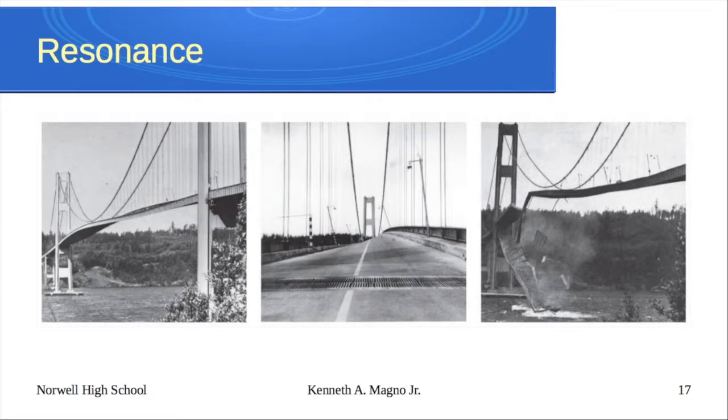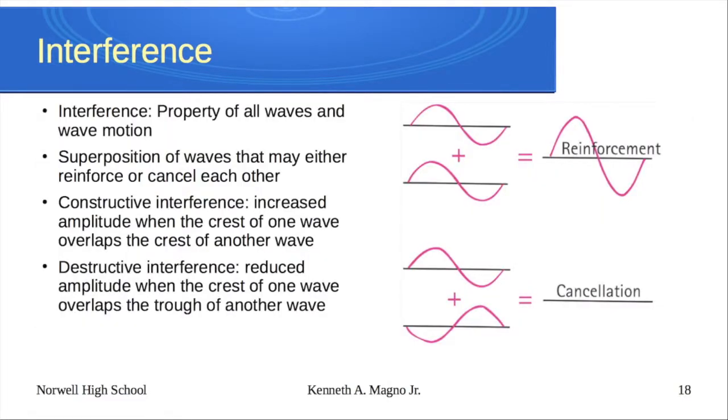Other examples of resonance would be if you run your finger around the top of a crystal glass. That slight vibration you make from your fingertip makes it start to resonate and actually makes a sound. So we've already talked a little bit about interference, but just to recap, the same thing can happen for sound. You could have constructive or destructive interference. So basically the waves add together and make a bigger wave, or cancel out and make a weaker wave, or cancel out altogether, depending on constructive or destructive interference.